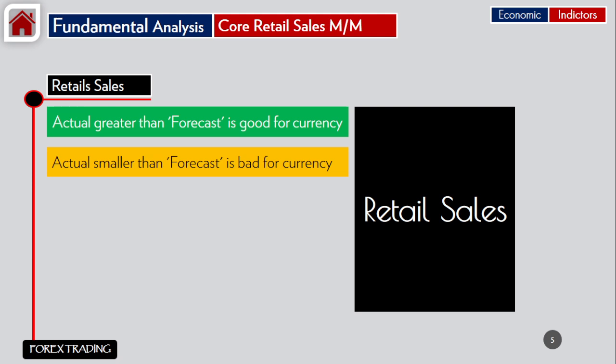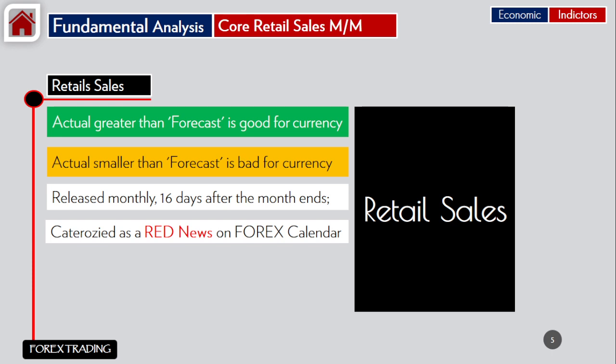This is kind of a standard rule for all the economic indicators. It's released monthly, 16 days after the month ends, and